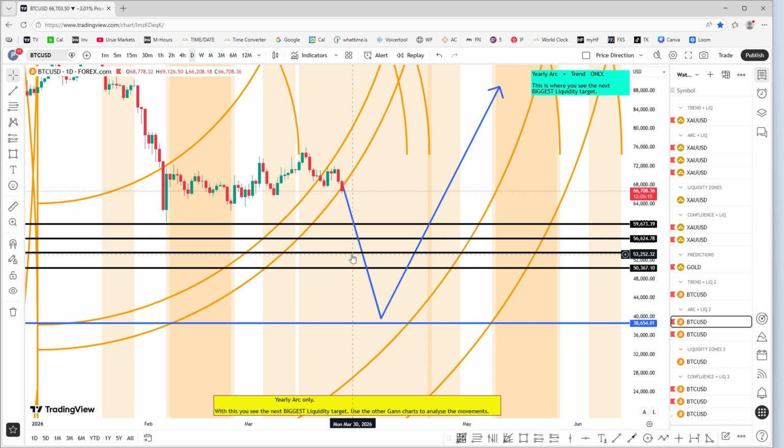What is the greatest force that is pushing Bitcoin right now? Is it a bearish force or is it a bullish force? It is a bearish force. And that bearish force was since 20